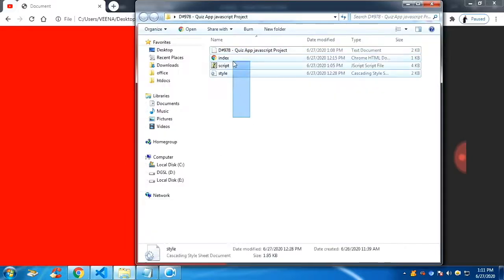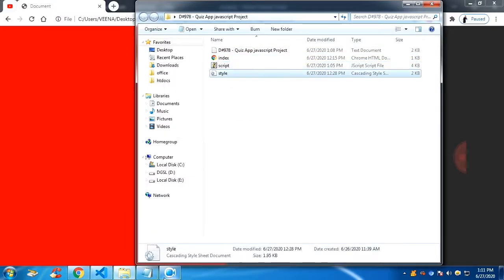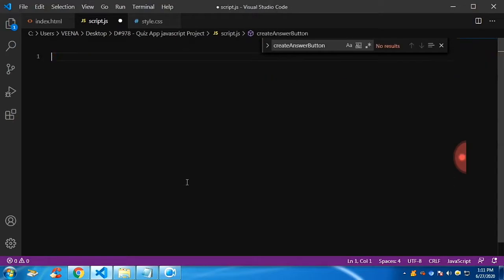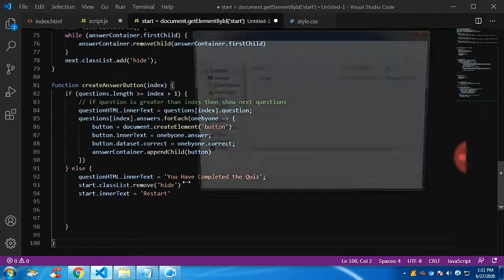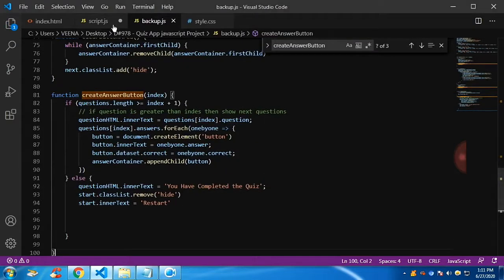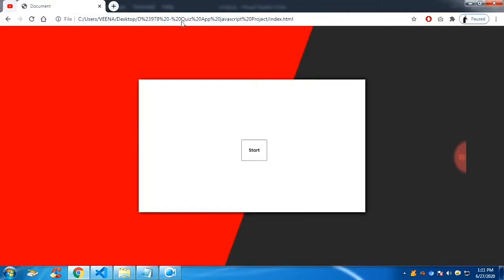Fine, when you extract the file, you will get one index HTML file, script and style sheet. And I'm going to remove all the script and start from scratch so that you can catch up with me. I'll be explaining the required HTML. So if you refresh, this is how it looks